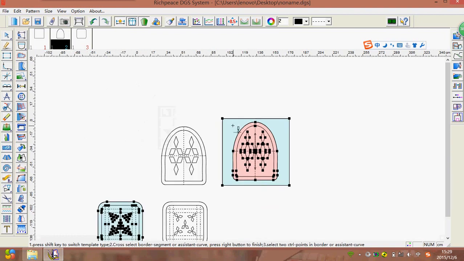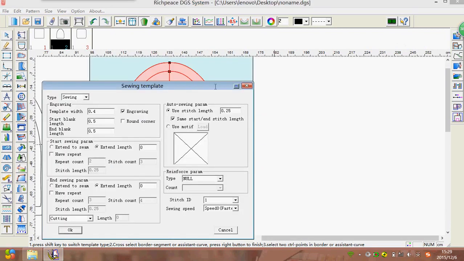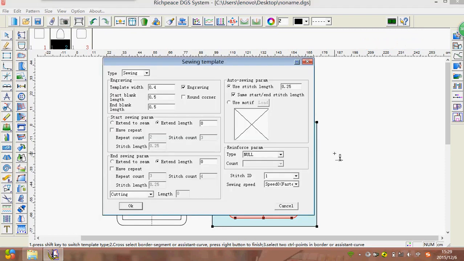select this tool. We select the line you need to a template, and click the right in the blank, and you can see the dialog. There you can select the type sewing, laser, cut, pen. We choose sewing,